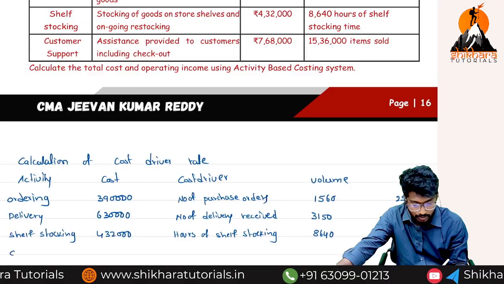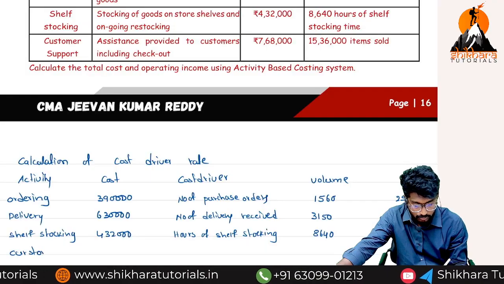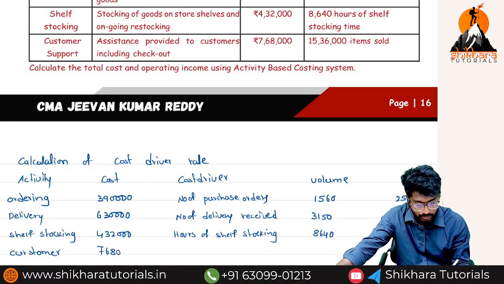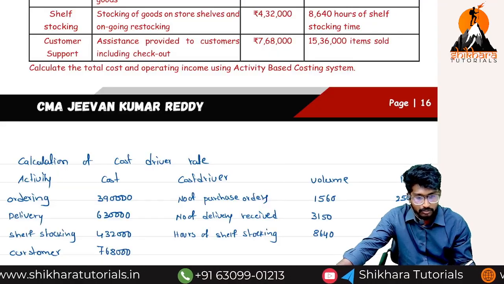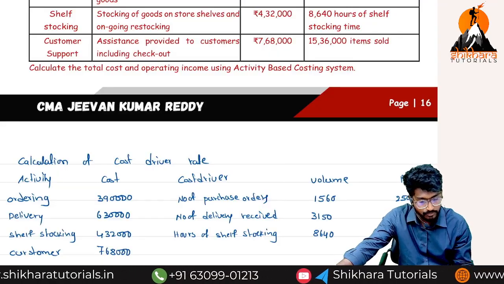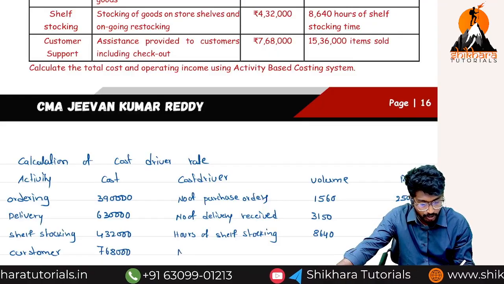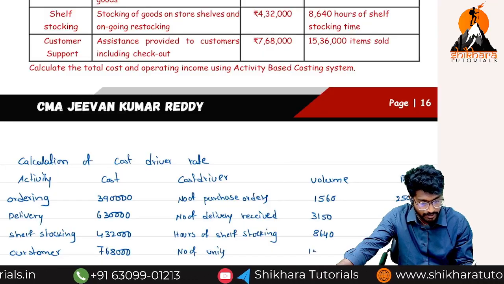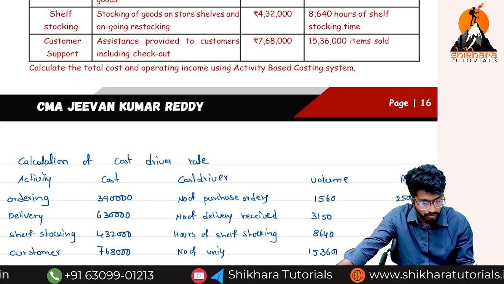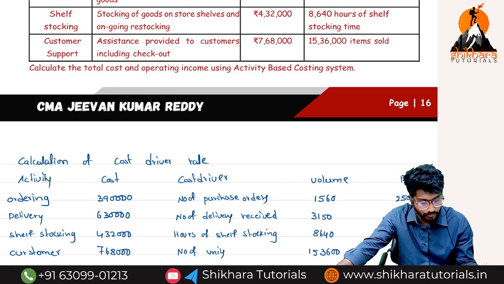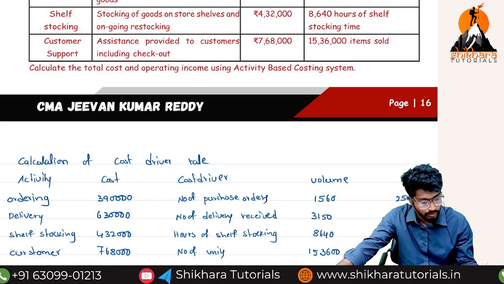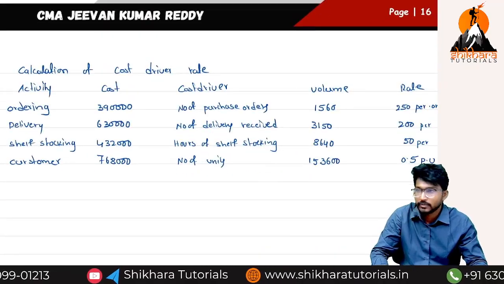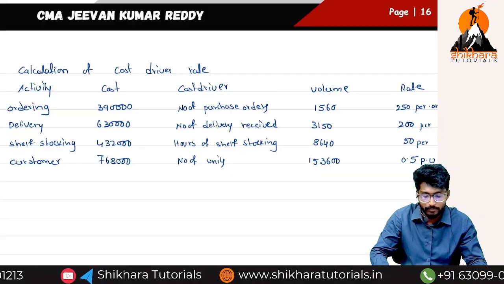Next, customer support. How much? 7,68,000. Next, number of units. How much? 15 lakhs 36,000. That is nothing but 0.5 per unit. That's it. Still no doubts? No. Next,